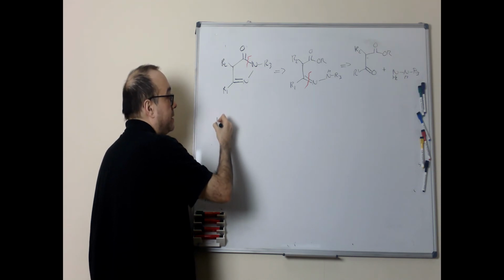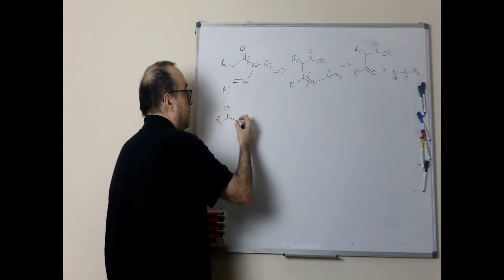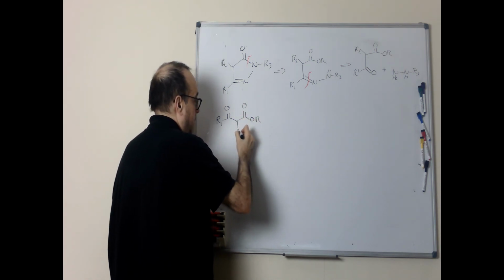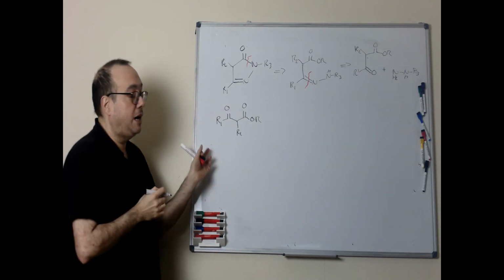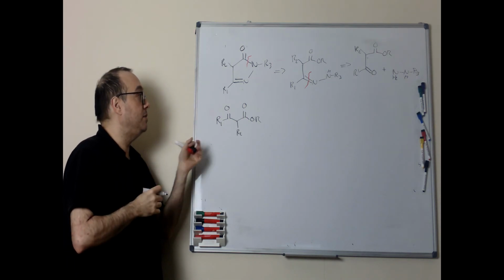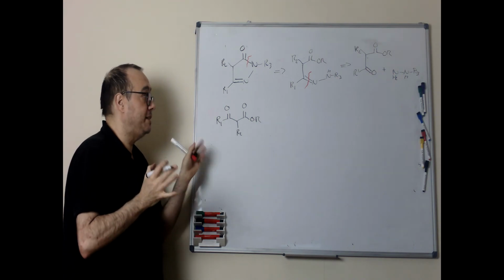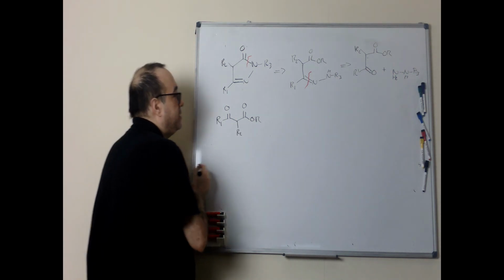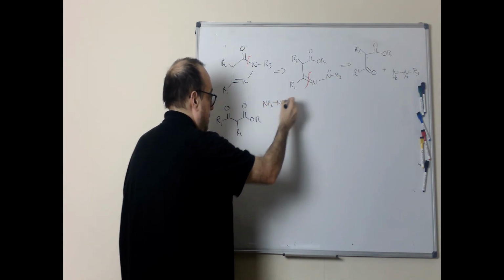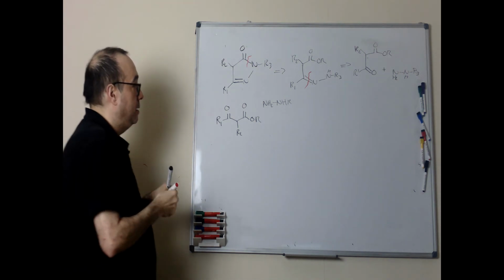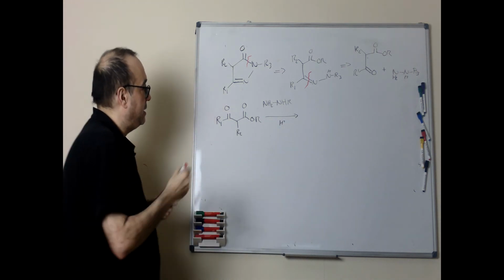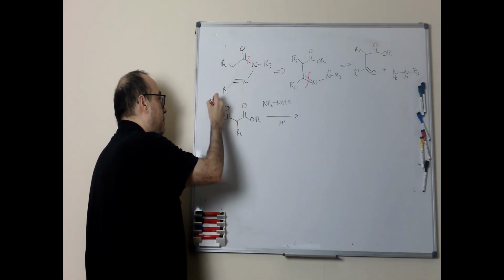Basically, we have this keto ester. How can we synthesize the keto ester? Remember, Claisen reaction, the condensation of two esters. Okay? Here we have this compound, and then we add the hydrazine. These reactions always are in acid, always. That means that first we protonate